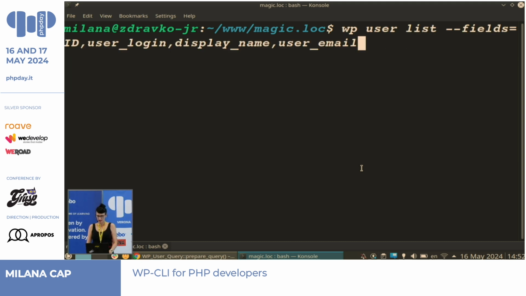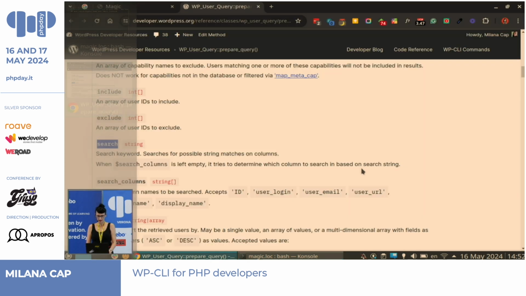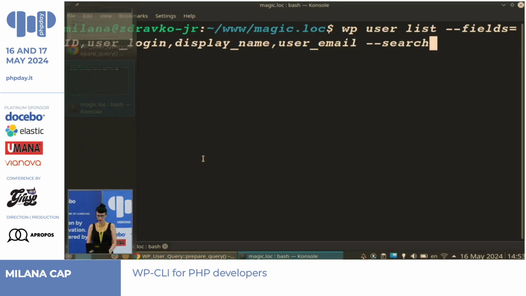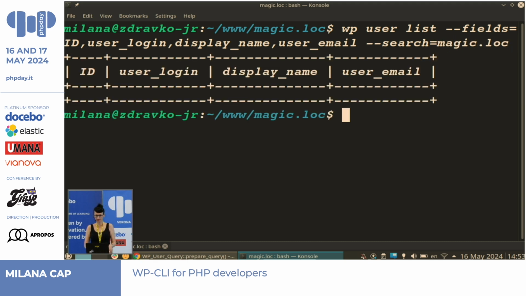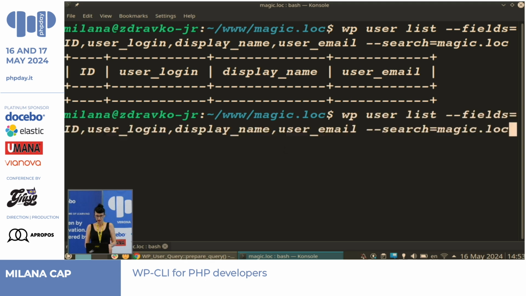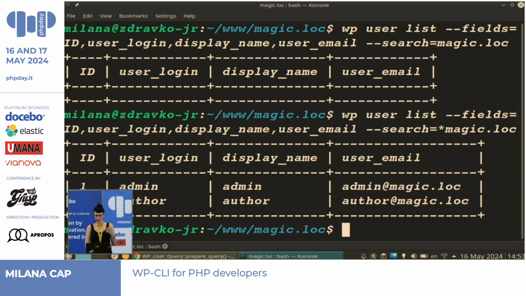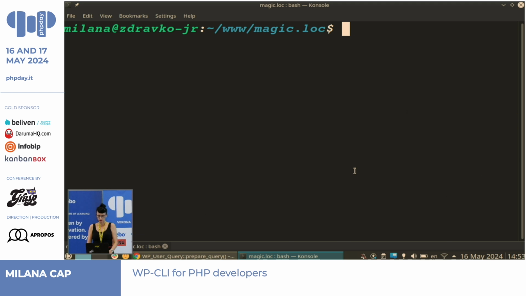So let's start searching. If we go back to documentation, search accepts a string, and that's fine. Search equals, let's say, magic.lock. And it returns nothing. So what I need is a wildcard here because it goes literal. Okay, so I have these two. And this might work, but what if I say,